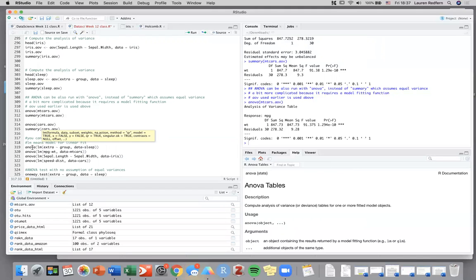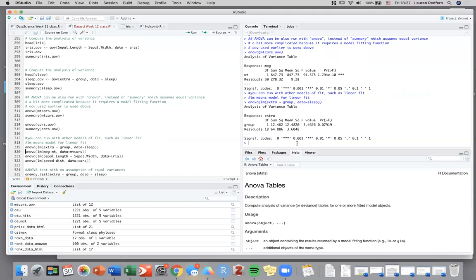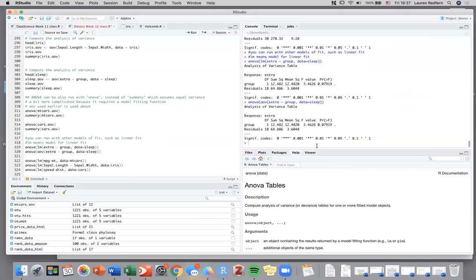So for anova, I want to run an anova of a linear fit model of data sleep extra column in relation to group. You can see running this, it gives me an analysis of variance table, which is going to be different or might be different depending on if we have linear data or not, from if we were to run the same thing with the command of AOV fit model instead of a linear fit model. So we can see here that actually our responses are the same, which means that we likely do have